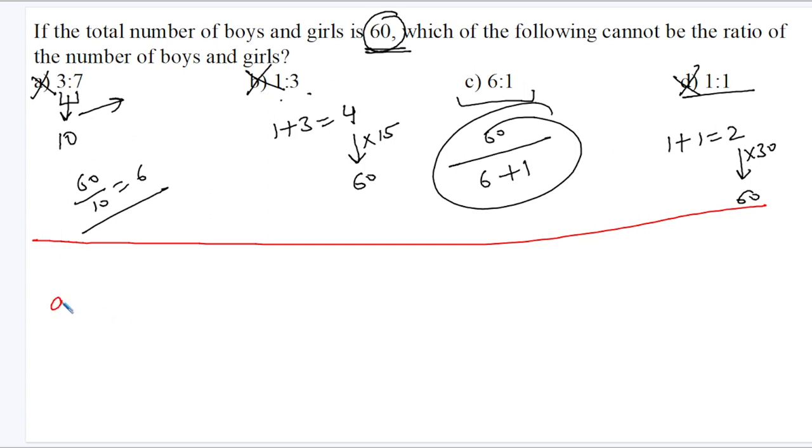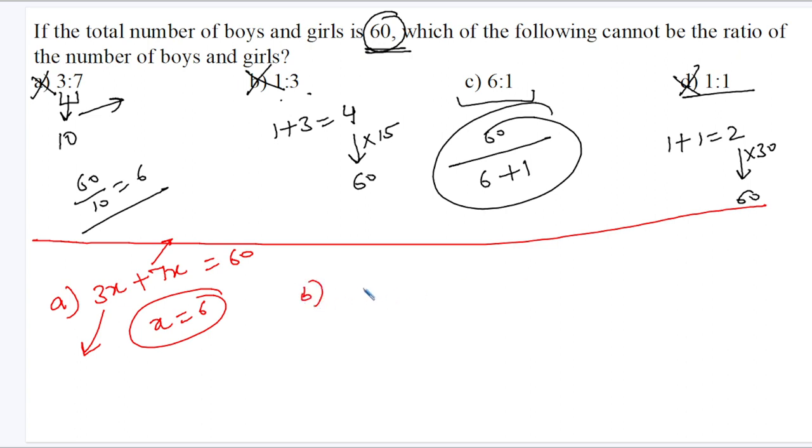I'll assume in case of A, the number of boys as 3x and the number of girls as 7x. The addition is 60. So from here, I'll get the value of x as 60 divided by 10, so 6. I'll get the number of boys and the number of girls as integer values, so that's possible. For B, I'll assume the number of boys as x because it's 1 is to 3, and the number of girls as 3x. Addition is 60, so x will come out to be 15. So the number of boys will come out to be 15 itself and the number of girls will be 15 times 3,